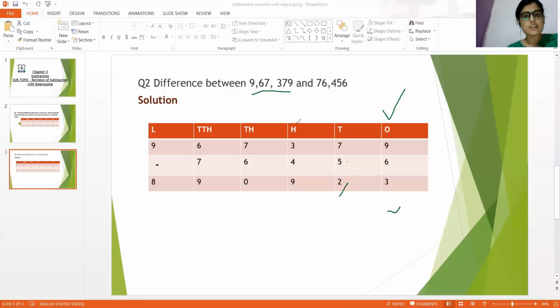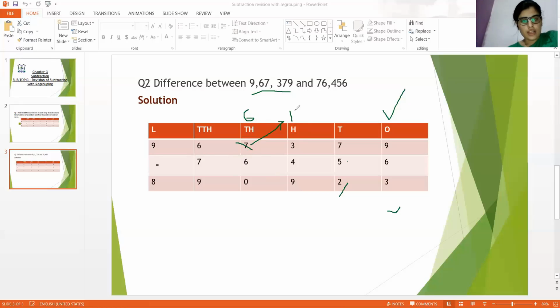At hundreds place, we can see first we have 3 and then we have 4. And 3 is smaller than 4. So we will take carry over. How we can take carry? Just take away 1 from 7. We will write here 1 and just cut this 7 and write 6 here, because we have already taken carry 1, that means we are left here with 6 only.